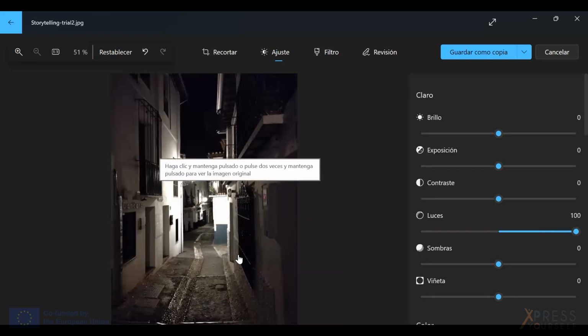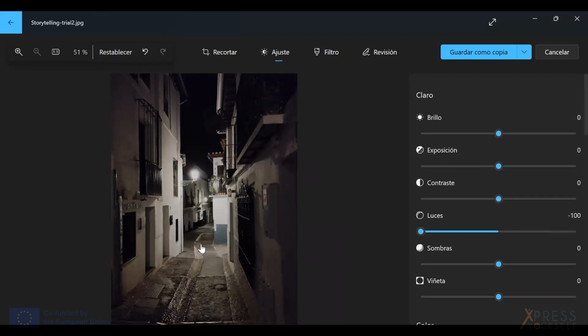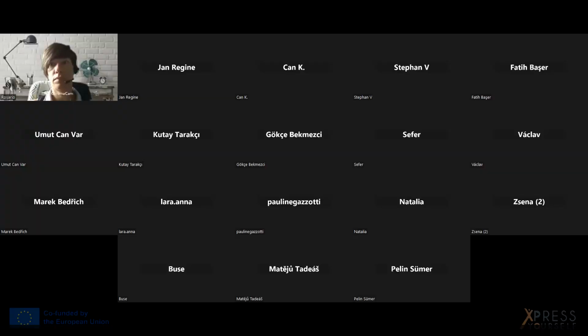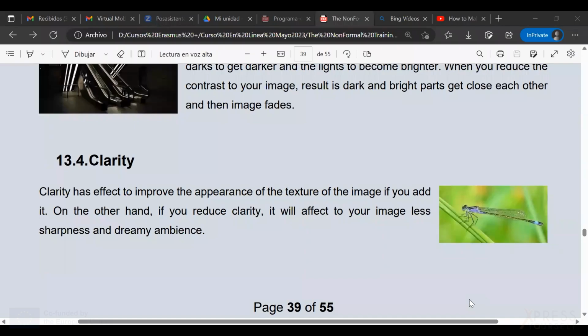See, there's more details when I increase it, and there are less details when I decrease it, but it gives a different atmosphere. Right, so having this kind of picture will be a better example, having this clear and green picture.